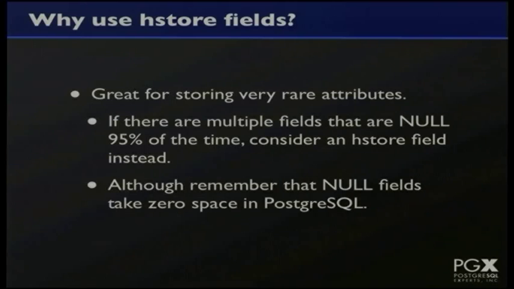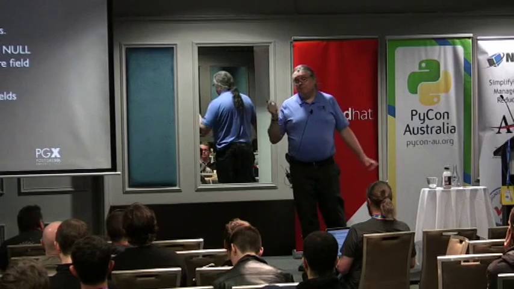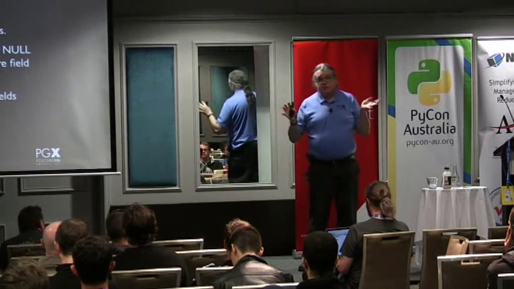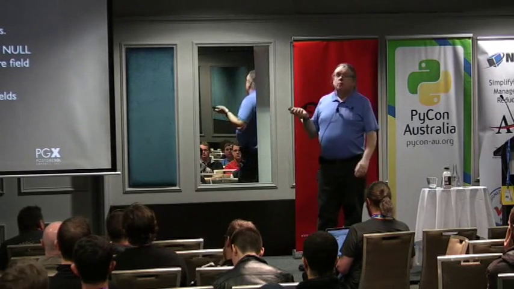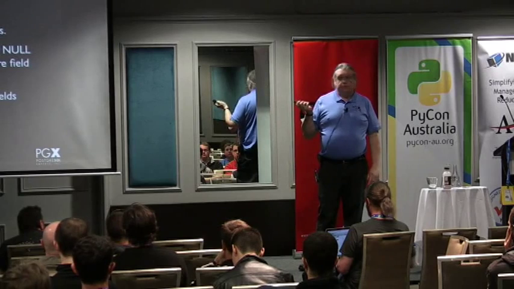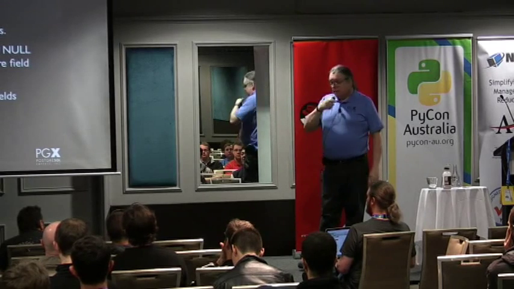One thing to remember, though, is null fields do take 0 disk space in Postgres. So you're not actually saving any disk space by doing this, but you may be saving yourself having to do a schema migration every time somebody comes up with one of these new things they want to store. Of course, if 20% of the rows in a particular table are going to have this field, you're almost certainly better creating a separate relational field for it,